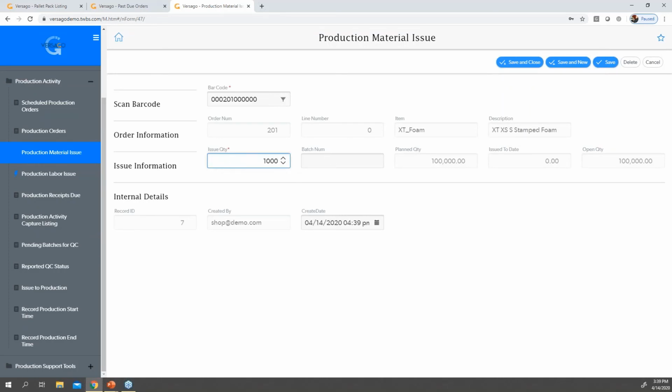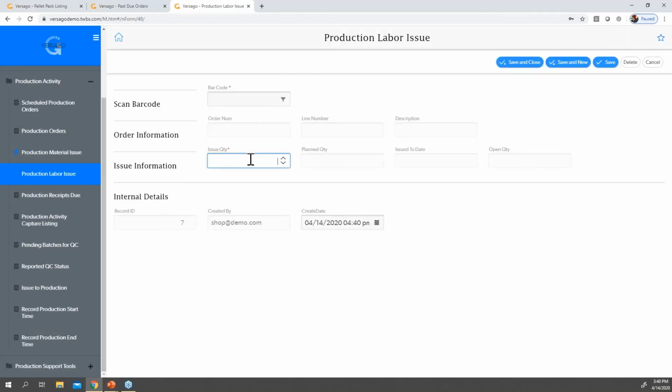And this is going to adjust our inventory in a real-time fashion so that we're doing the issue to production in SAP Business One, and we're drawing down that stock so that if this is an item that we sell and use, that item's no longer in that available stock.